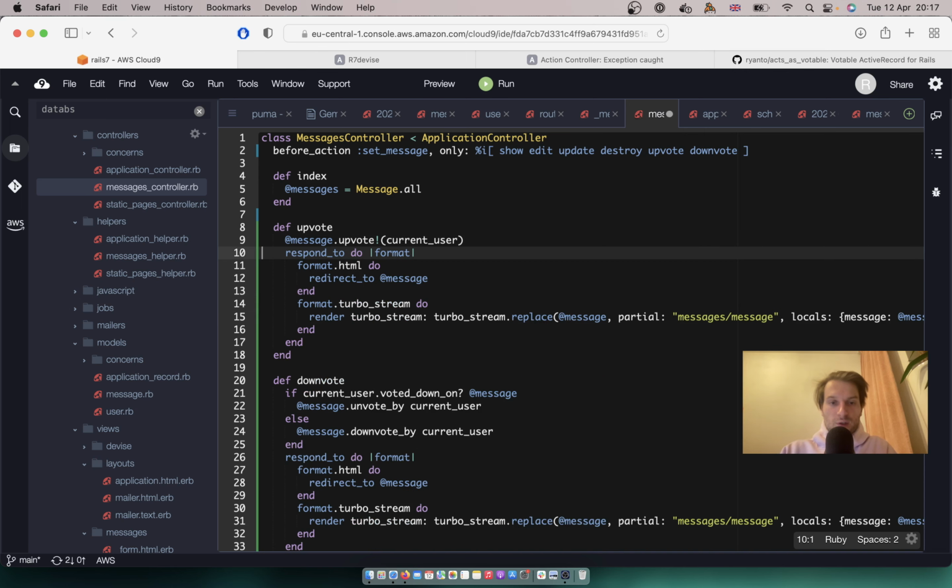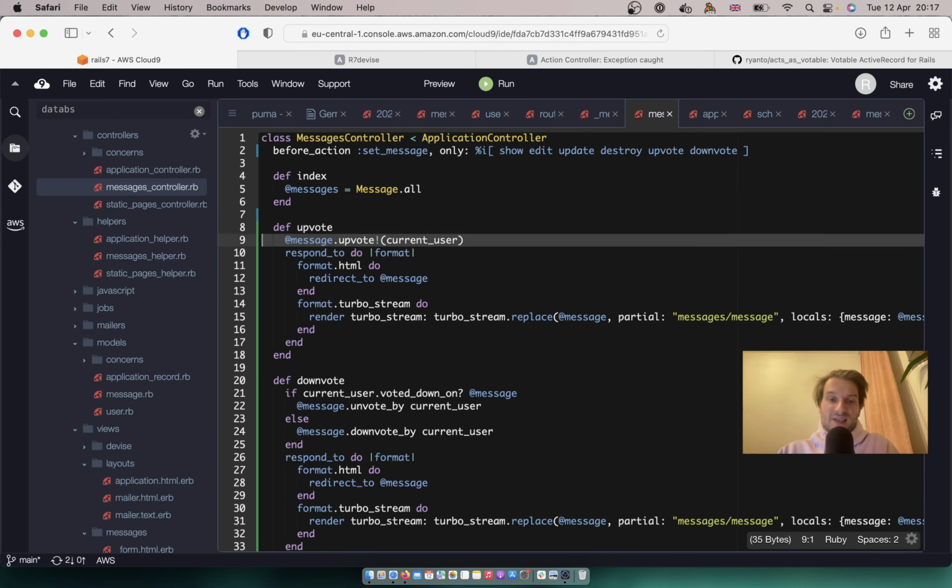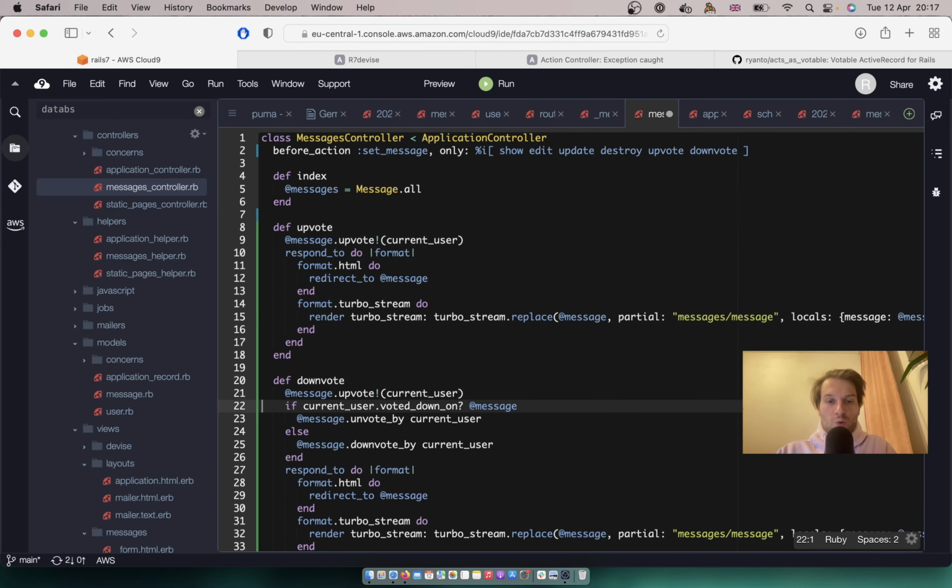So I'm removing all this logic, and let's see if it still works. I refresh, upvote, and it works. Okay, and we can do the same for downvote. So I will move the logic again from the controller to the modal. Downvote,